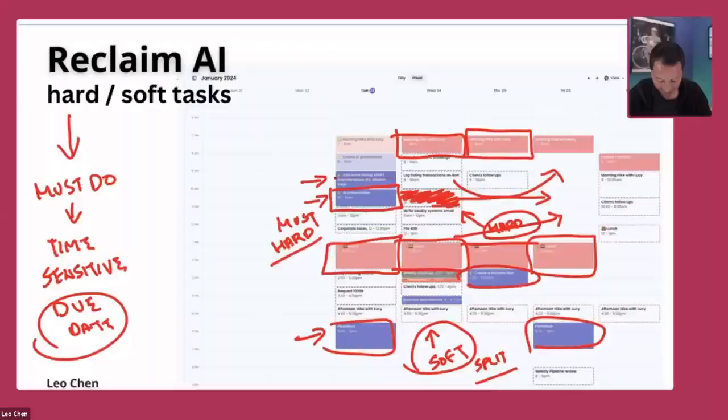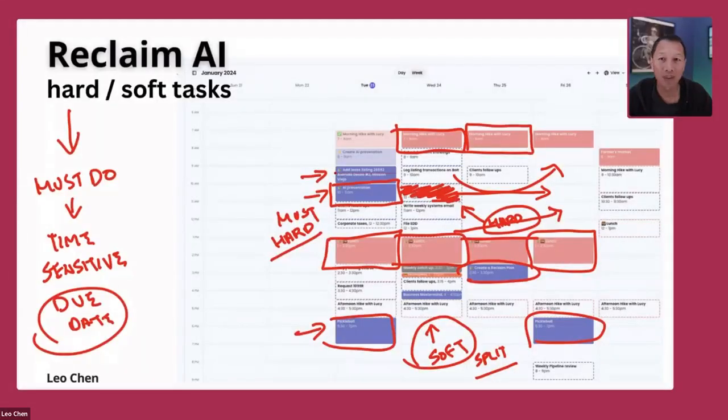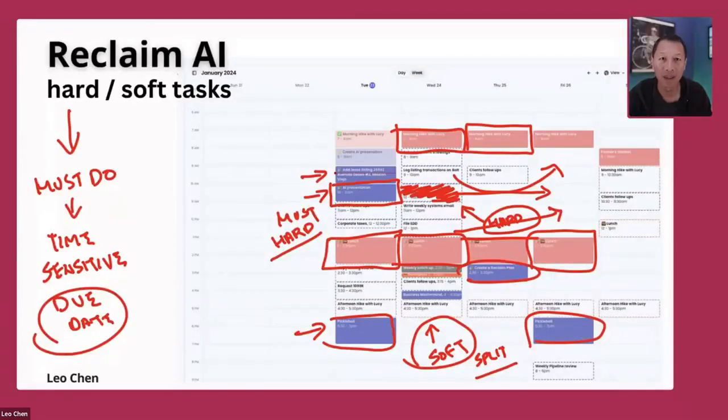Okay. Hey, I have a question and a comment. Yes, go ahead. So if I use this Reclaim AI, where does it interface with my Google Calendar, or do I have a separate app? You're saying use this as a primary calendar? Yes, it actually works in conjunction with your Google Calendar. You would organize and plan all your stuff on Reclaim, and all the stuff that you put in your calendar gets synced up to Google Calendar.